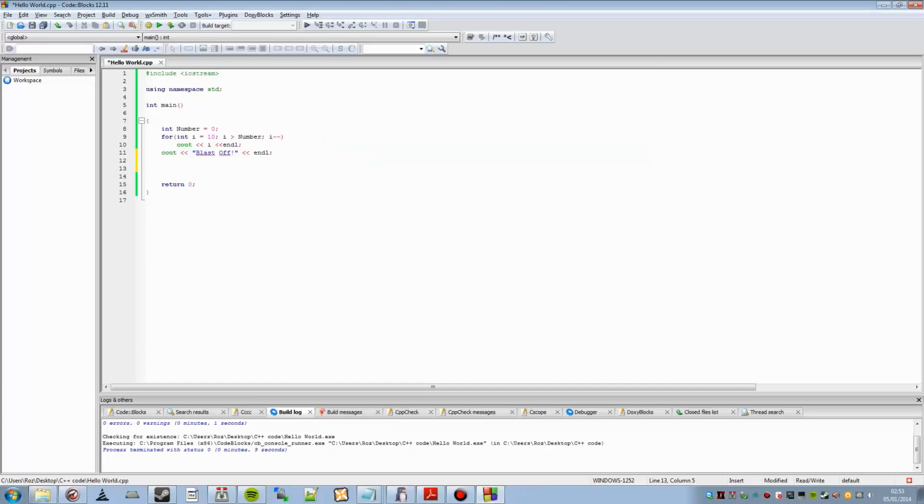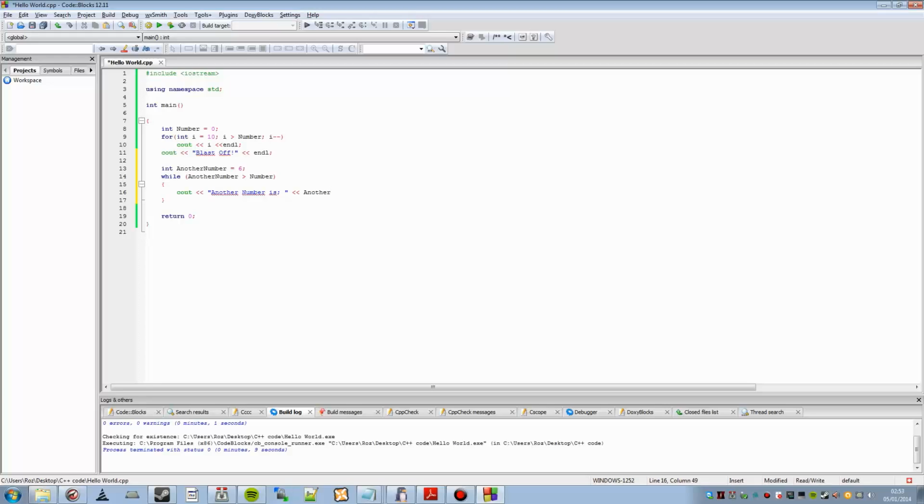The next type of loop is going to be the while loop. So we'll make another number, which we'll call another number, and we'll make that equal to, say, 6. So while another number is bigger than number, and then what we're going to do here is we're going to use the squiggly brackets so we can have a block of code. If you don't use the squiggly brackets, then it's just going to do the first line of whatever code you put underneath. And we're going to have cout another number is